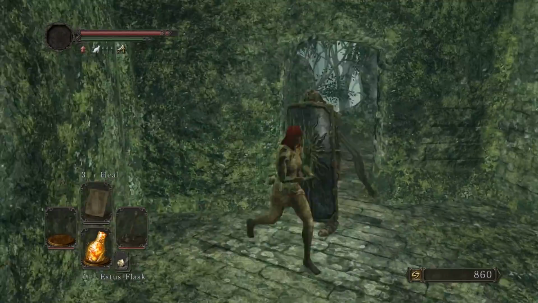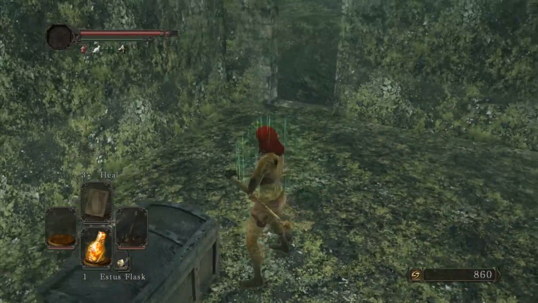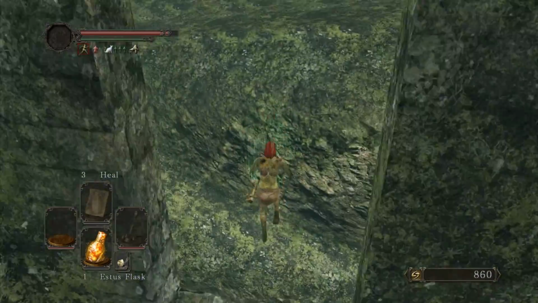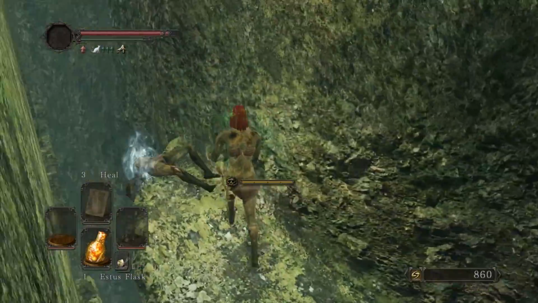They moved the Sublime Bone Dust in Scholar of the First Sin. And that's still the Black Knight Halberd. Oh yeah, we can sell this to Gavlin for a lot of souls. I also moved Gavlin. We'll talk to him when we go back to...